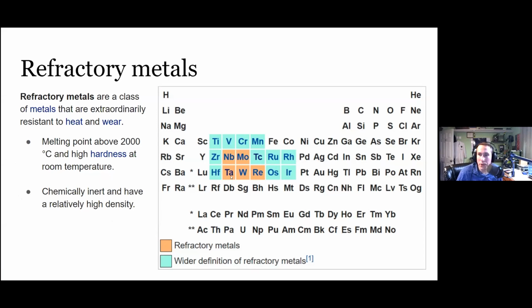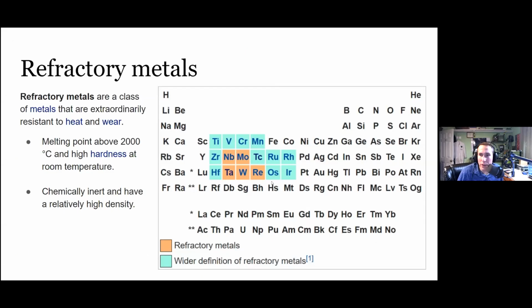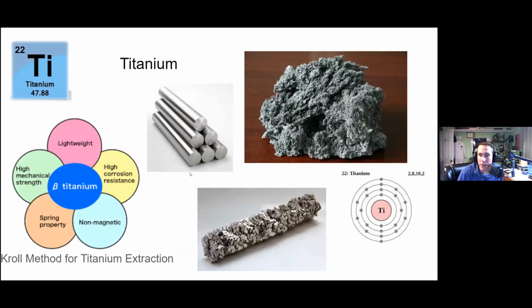Tantalum, for example, is used. A lot of these are used in bone transplants and limb transplants, because they don't cause inflammation. They don't cause a reaction to skin tissue. Your body doesn't reject them. So a lot of those metals are used for that and other things. These metals are a particular part of the periodic table that are of interest.